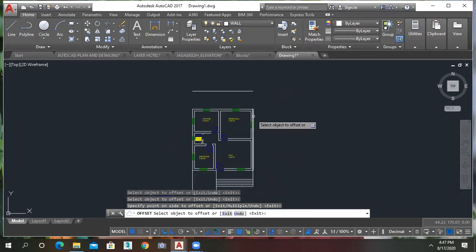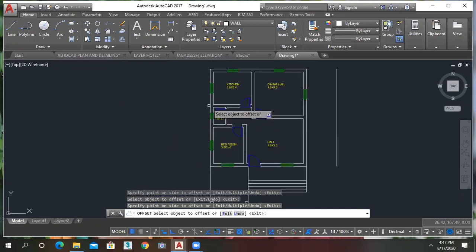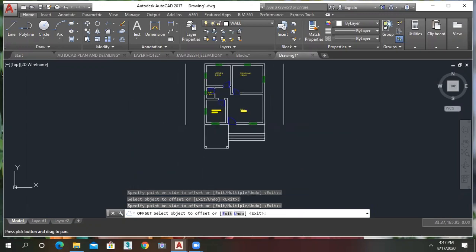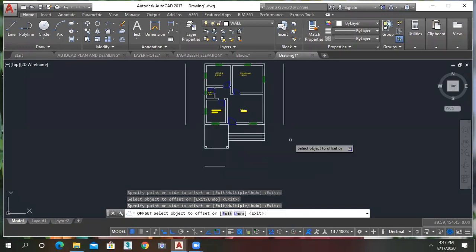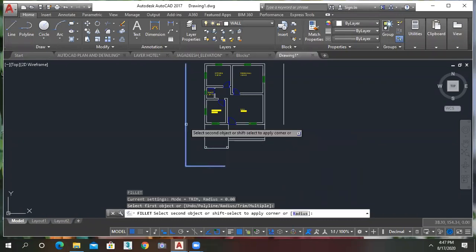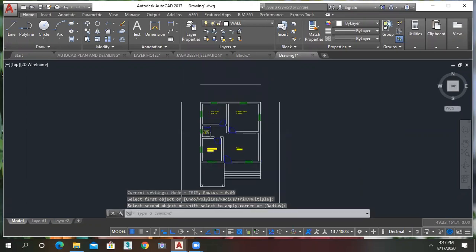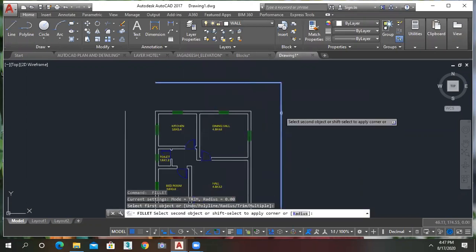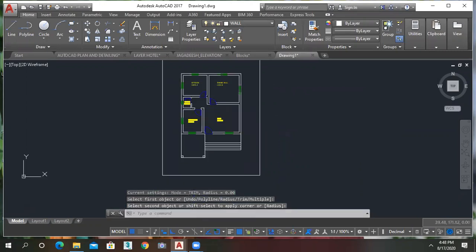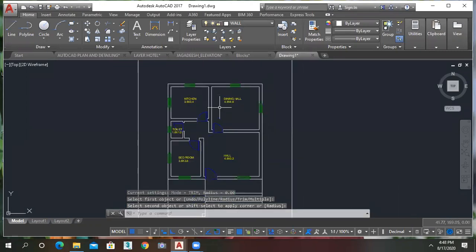Like this. Just make the offset for the outer wall. Enter. Okay, just delete it like this. Repeat the same command and do it like this. Repeat the same command like this. Okay, this is my compound.